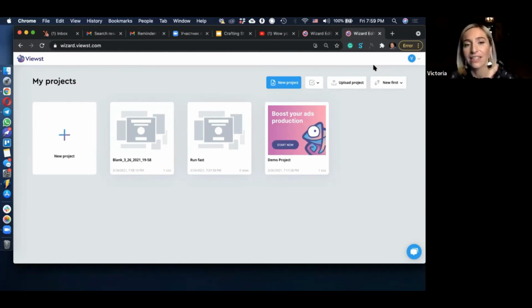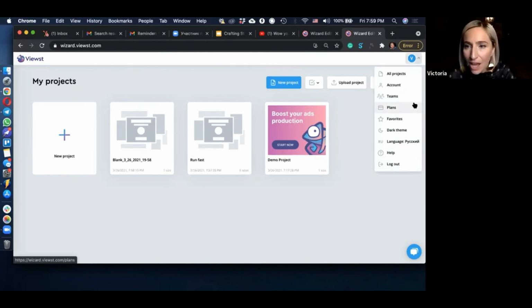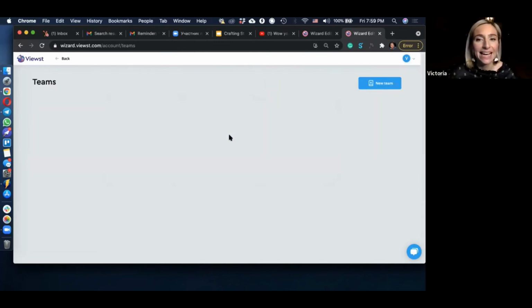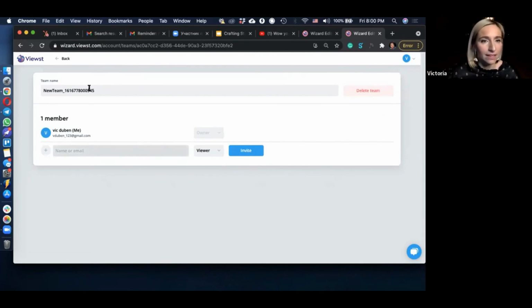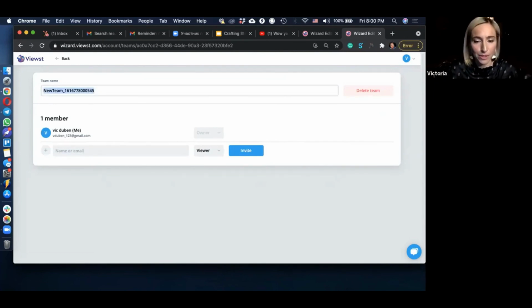And another good feature, which is team access, and I didn't show it to you, but let me show, which is available for all Sumo-lings. You can create different teams and invite different members to your teams. Okay, let's create a new team. Let's call it, I don't know, AppSumo. And you can invite different